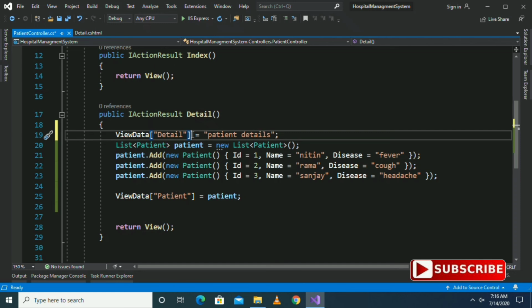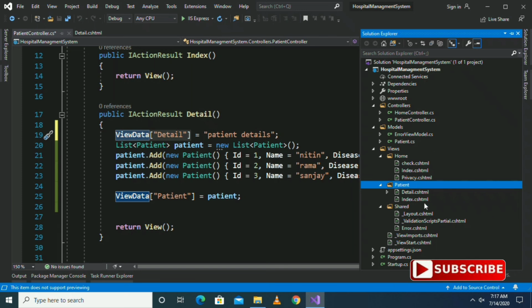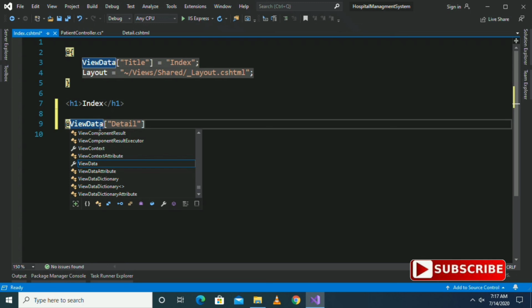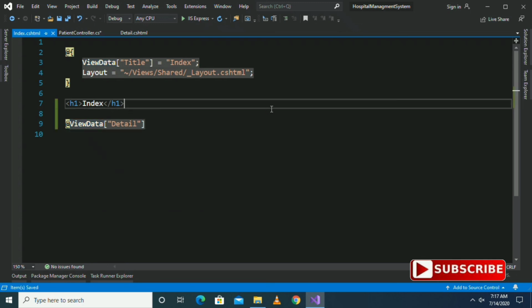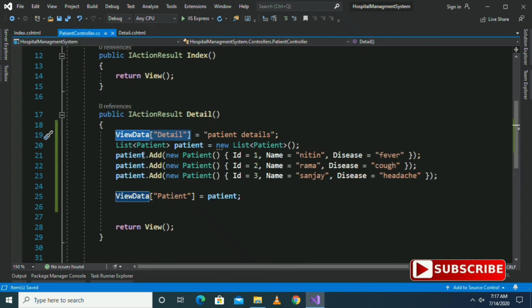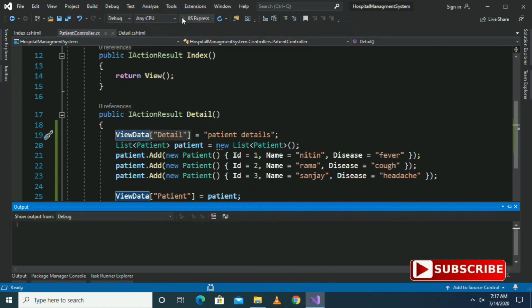So let us check whether we are able to get it there or not. I am just going to navigate to here and then paste it over here with @ at the beginning, since it is C# code. So let us run and check whether we are able to get ViewData of one method in another method's view.